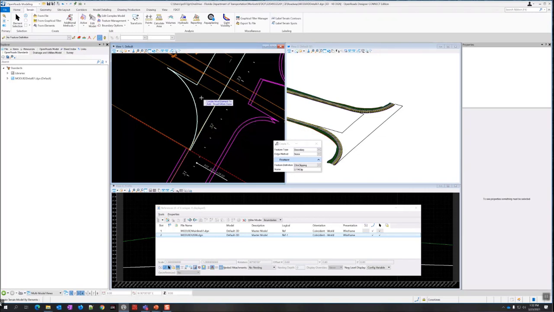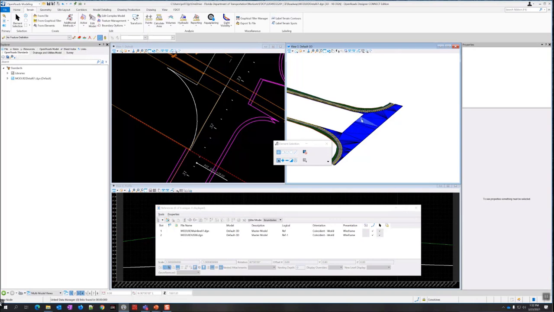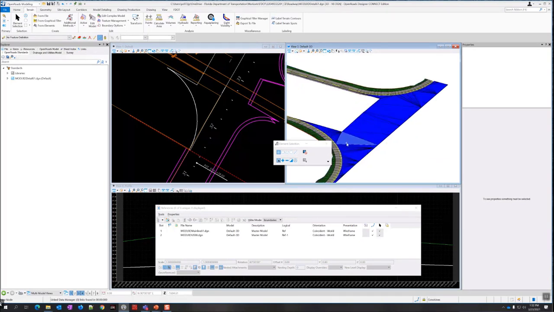And then I reset when done here. Accept all those options. And it probably isn't going to show anything because I have constructions turned off. So I'm going to go to my 3D view, go to view attributes and turn on constructions, or click F7 if you prefer the shortcuts. So there it is. Once constructions are turned on, you should see this blue terrain model.